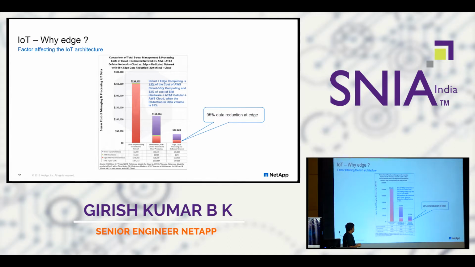Now, the difference here is that when you have an edge, you have the opportunity to work on that data, right? Do you want to send all the data, or do you have a way to compress that data in such a way that the information is not lost? So a new data service opens up there.